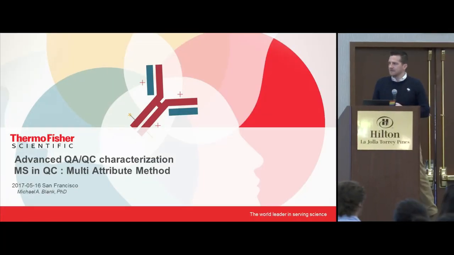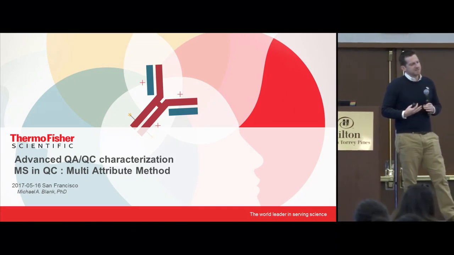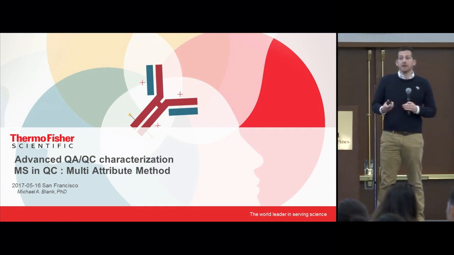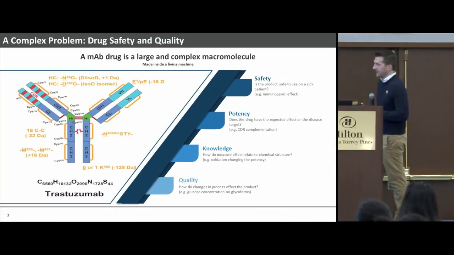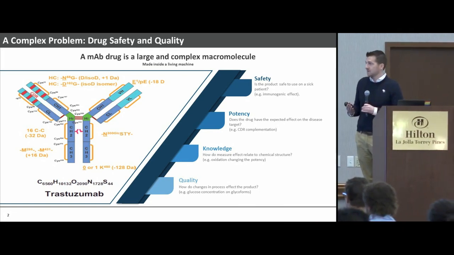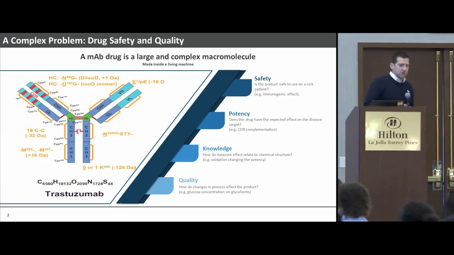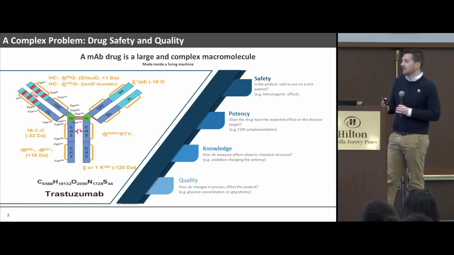And what I'll be talking about today is the multi-attribute method, which is a technique that brings mass spec into a GMP or quality control lab. So as you're aware, a monoclonal antibody drug is a large and complex macromolecule. You're talking about tens of thousands of atoms. And a modification at any one of these amino acids can have a profound impact on the safety and potency